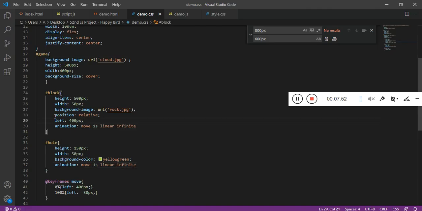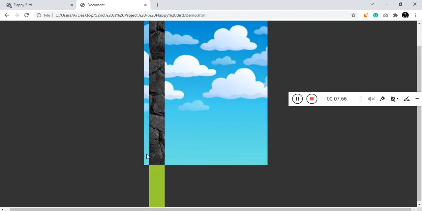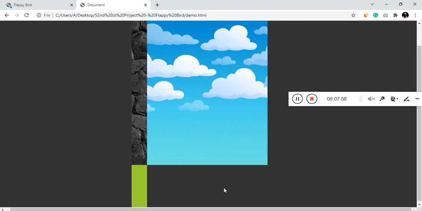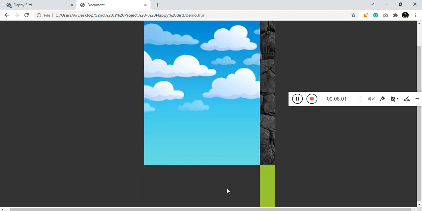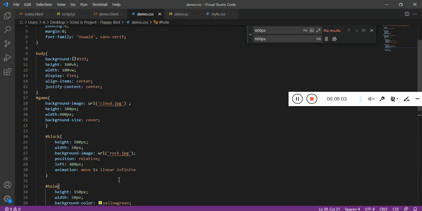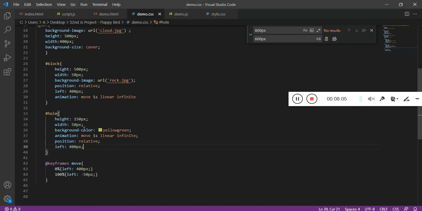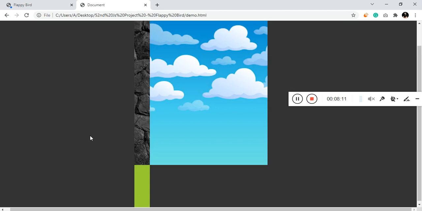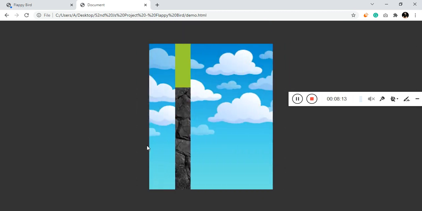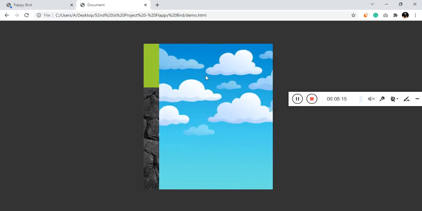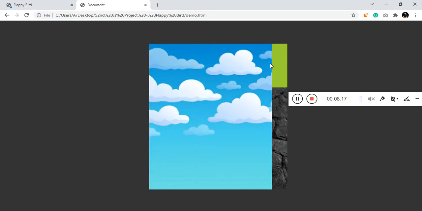Let's give position so that it works. Now we want this green to be at the top, so we need to give top as well, 500 pixel. The 500 pixel is because the game container height is 500 pixel.